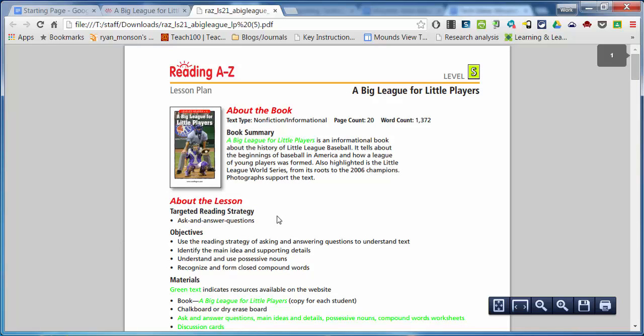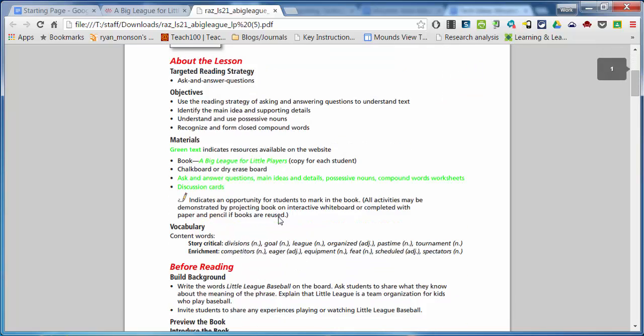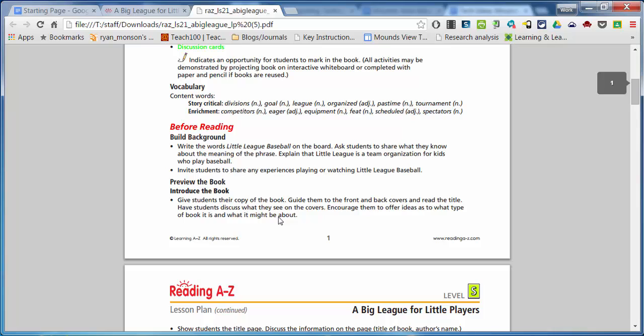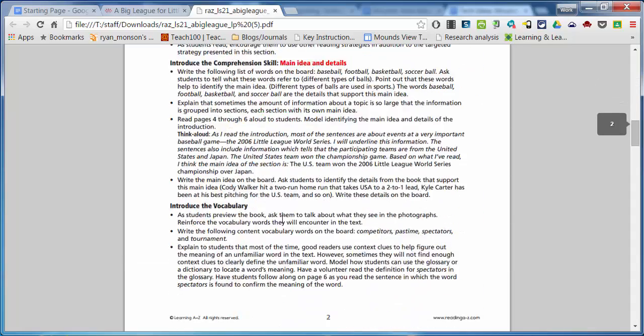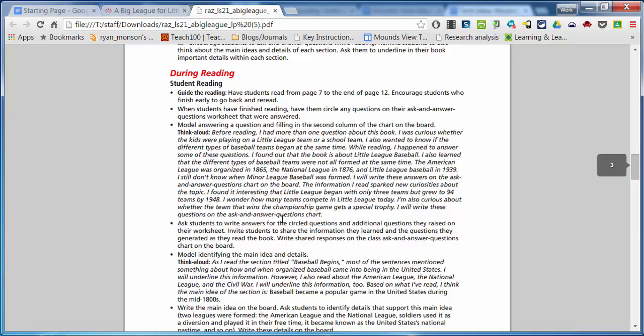Now, all of these lesson plans have some commonalities to them. For example, there's a section about before reading. So you can look at the before reading and identify a couple of strategies that you want to use before you begin reading this text. Then there's a during reading section where you can talk about the different modeling activities that you can do while reading the book that address the